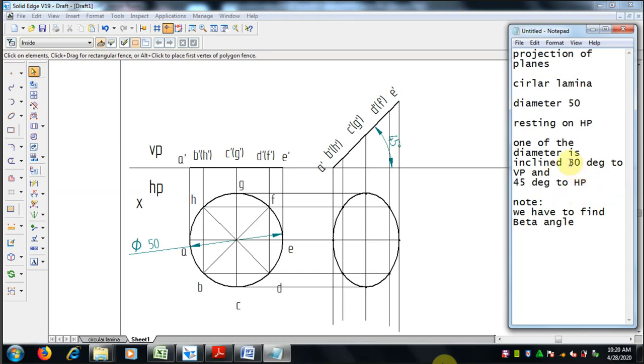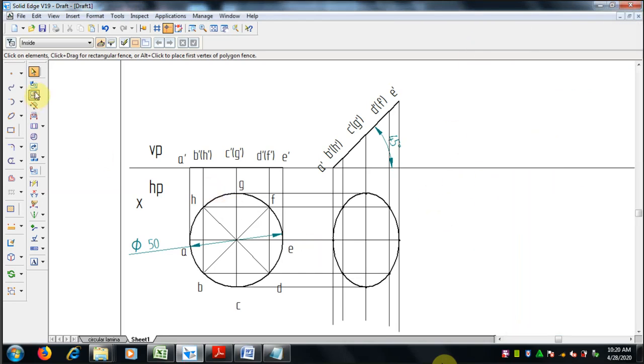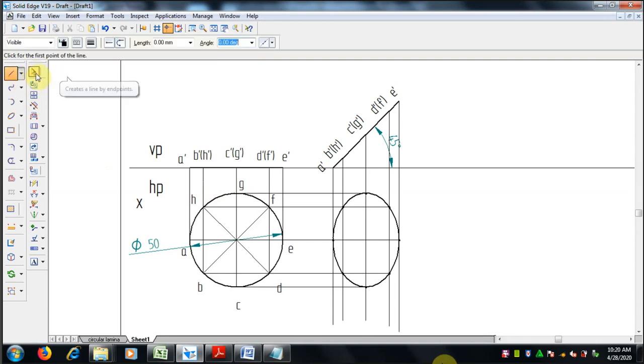Since one of the diameter is inclined 30 degree to VP, it's given. So the diameter, one of the diameter is AE diameter here. First we will draw a line inclined to VP for the given angle.